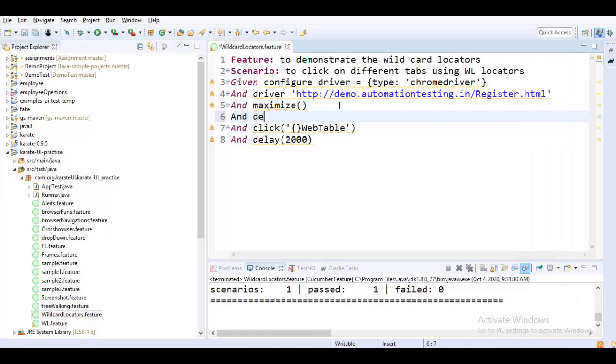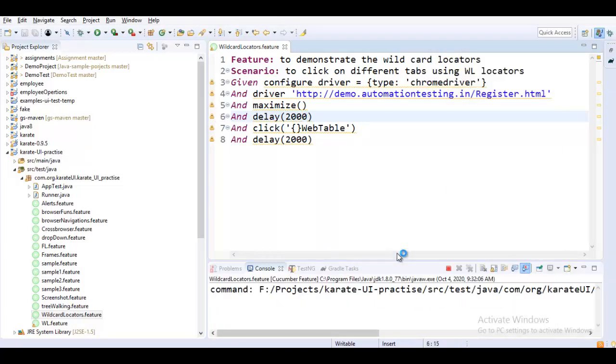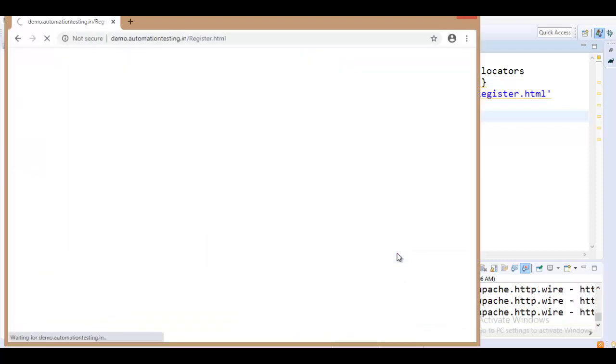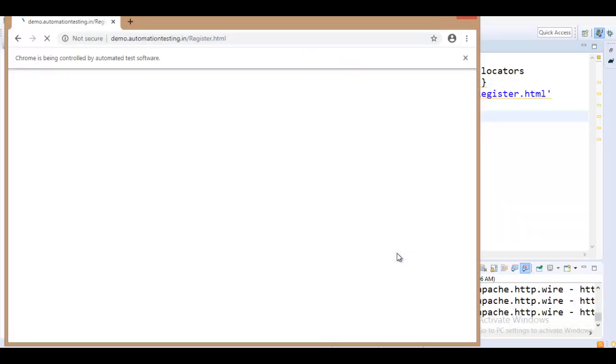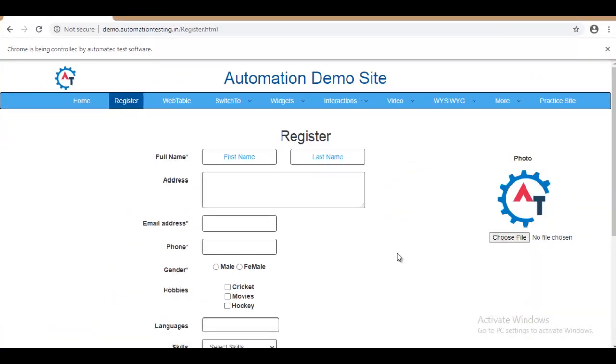And let me add a delay of at least 2 more seconds here, so that we know what is happening exactly. So this time, the change I have done is I've just removed the tag name. Still it should be able to find the web table, and it should click there.